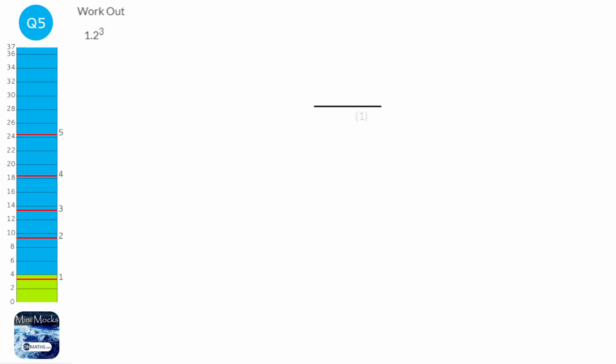So we can either use the calculator to work out what 1.2 cubed is, or we can do 1.2 times 1.2 times 1.2. Now if you want to use the calculator to go straight there, you're going to type in 1.2, and then normally there's a button that looks like this, X with a little 3, and that will give you the answer. Or if you're not sure how to do that, you can times it by itself 3 times and you get the answer